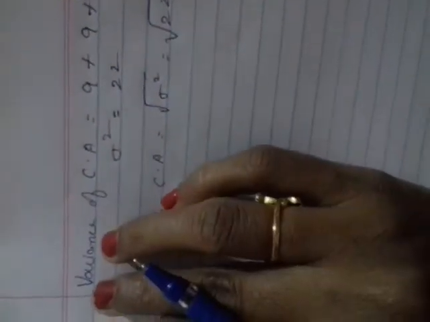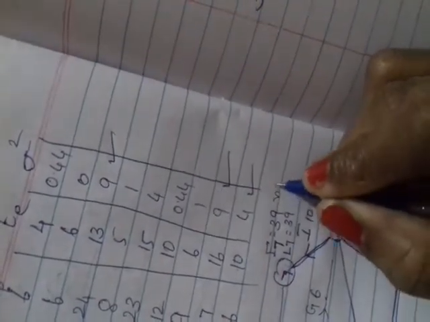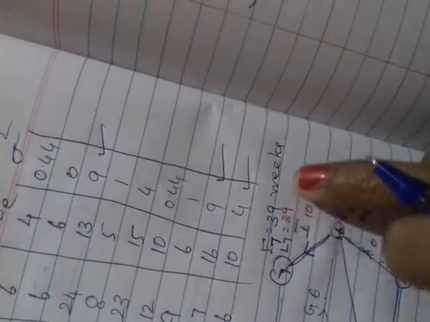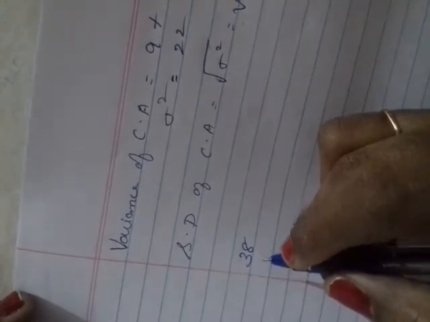The other question. We have done the PERT network, and the critical path is over. This is the critical path and critical activities we found, and we found standard deviation and variance. The fourth question is, what is the probability that the project will be completed in 38 weeks? Our total duration is 39 weeks. The entire project is completed within 39 weeks. Now they are asking the probability that the project will be completed in 38 weeks.